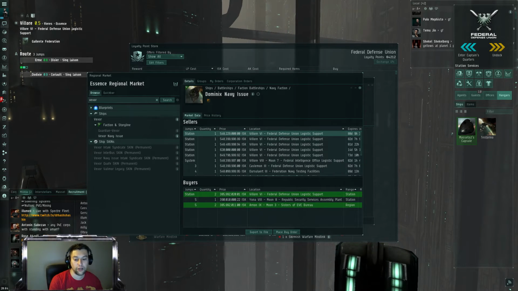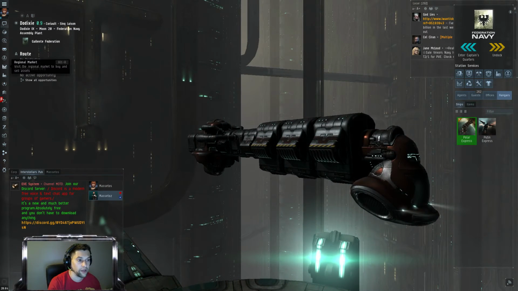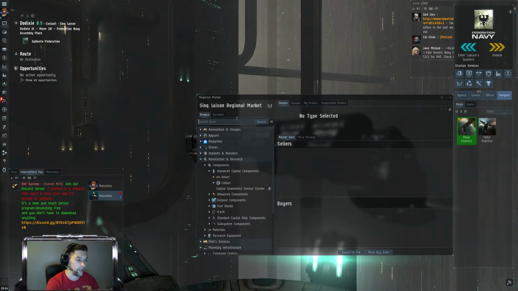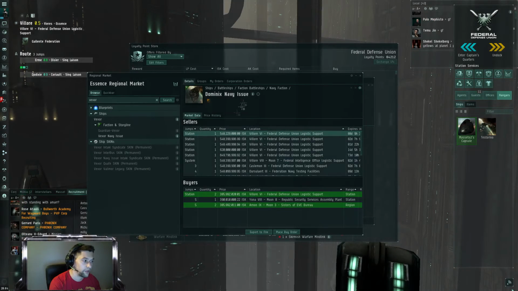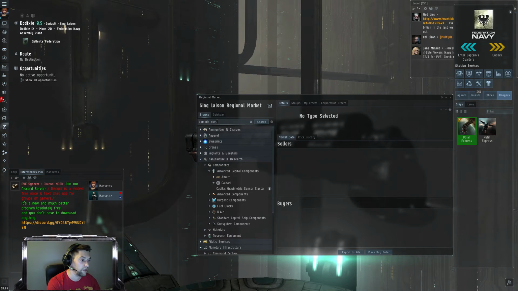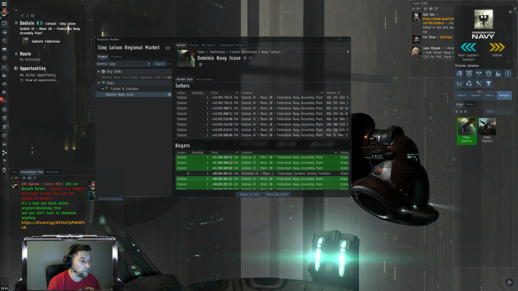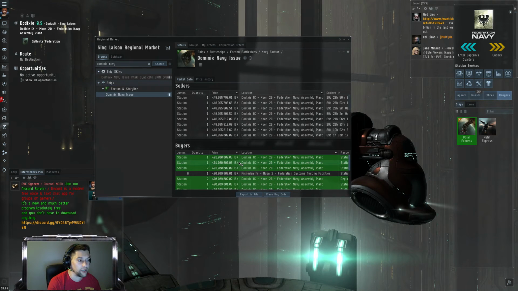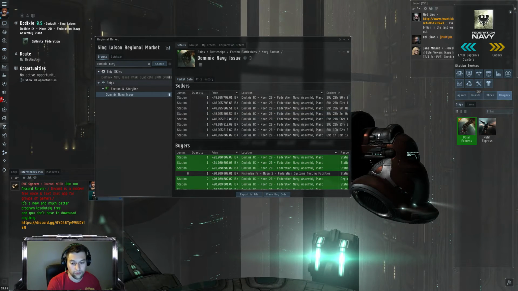Now, I have a different character logged in, which is in Doe Dixie. I'm gonna switch over here. This is my hauler. I'm gonna talk about him in a second, but before we do this, I just want to take a look at what ship were we actually buying? Oh my god, I'm so bad. Dominix Navy Issue. Okay, we want to check the price. Dominix Navy Issue, buyout price 400 million. 400 million buyout price instantly in Doe Dixie. Now, this means that if we buy this,